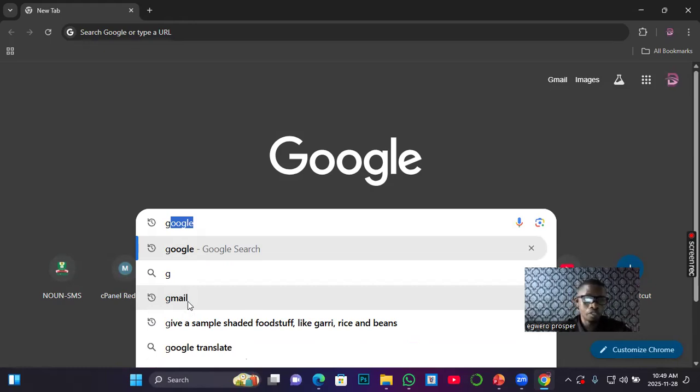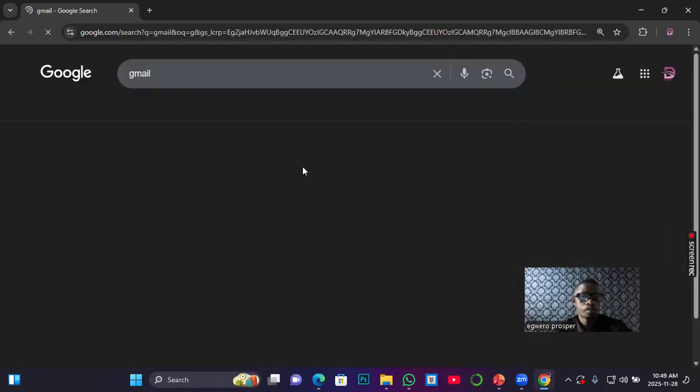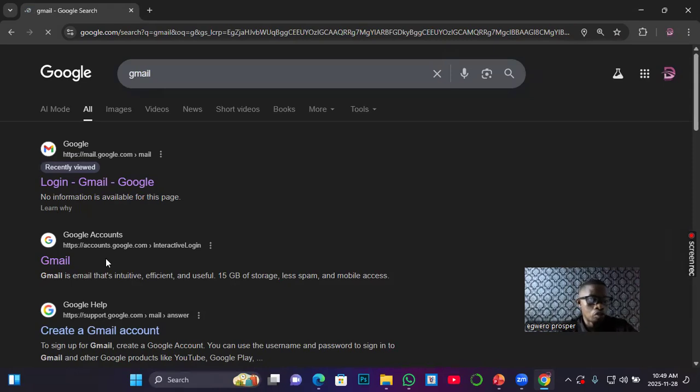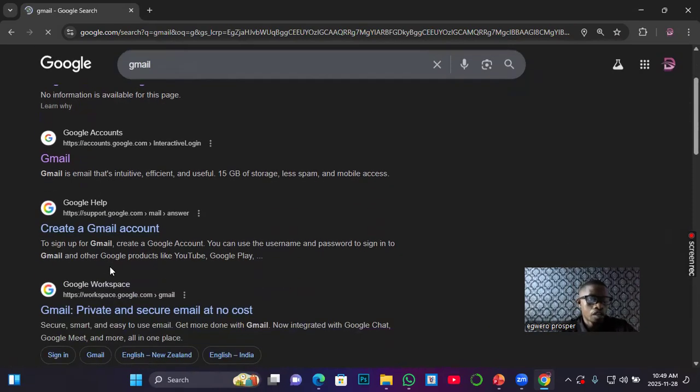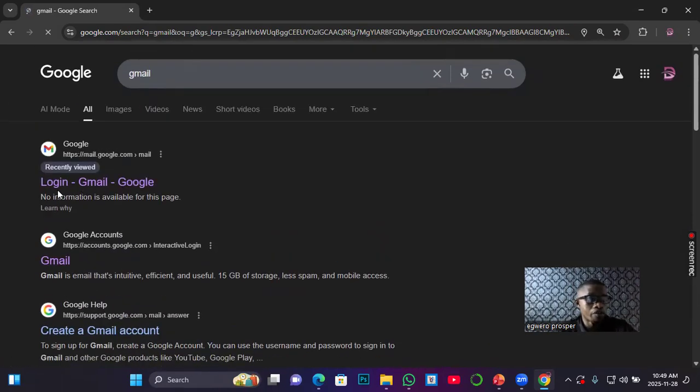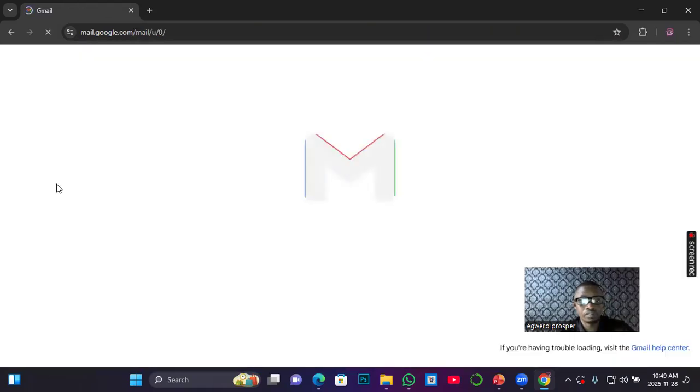So you just type Gmail, and then you click on create Gmail account. Even if you click on this, unless you have already logged in before, it will ask you to sign in. Let me just click on it and see.